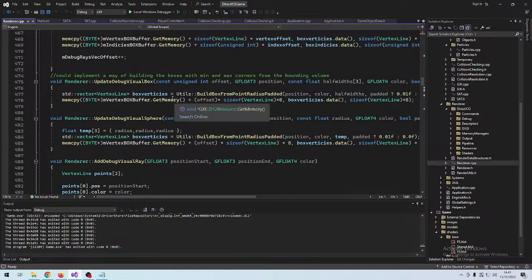So, this is the part where I actually update the box. So I have an offset inside a memory location that holds